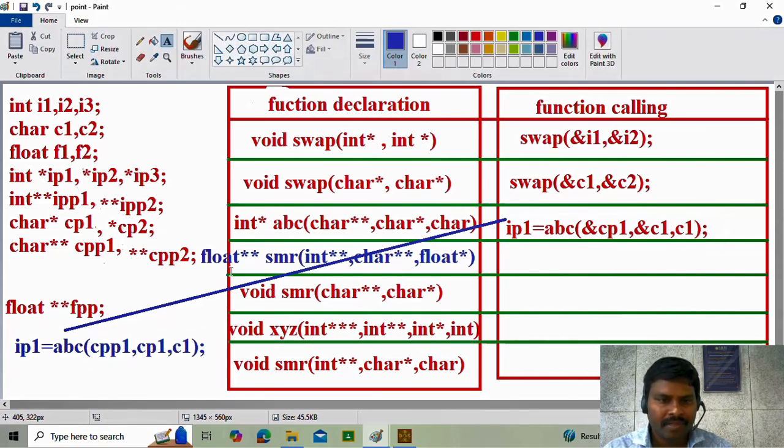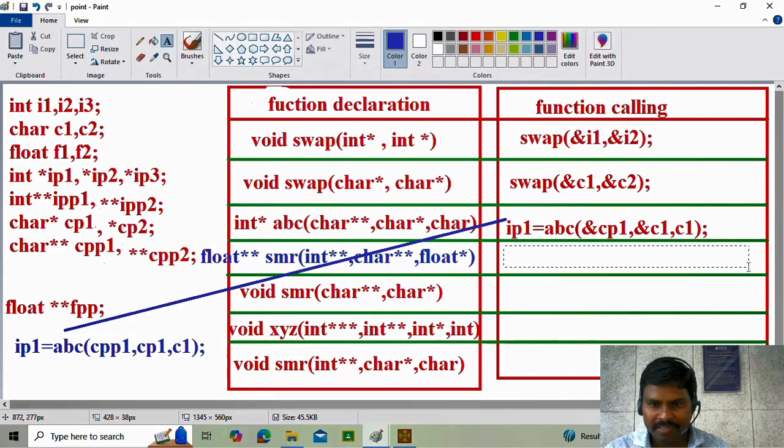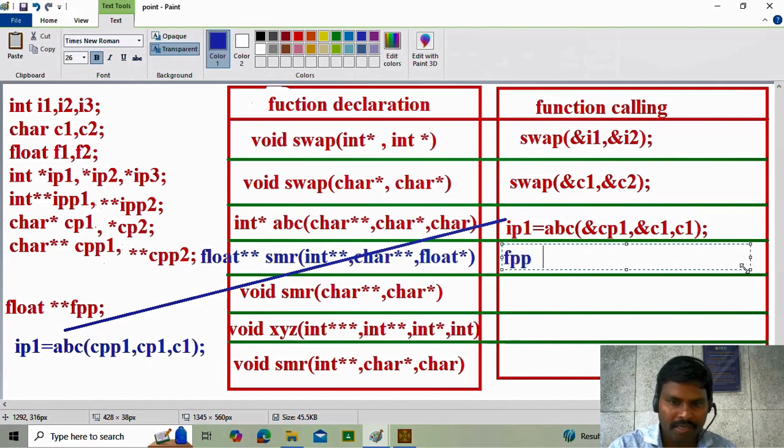Next one is float asterisk, which is the return type. Then you have to assign the return type to the variable fpp, a double pointer, is equal to the name of the function, smr. Next here, int asterisk asterisk, directly you have to write ipp1 or address of